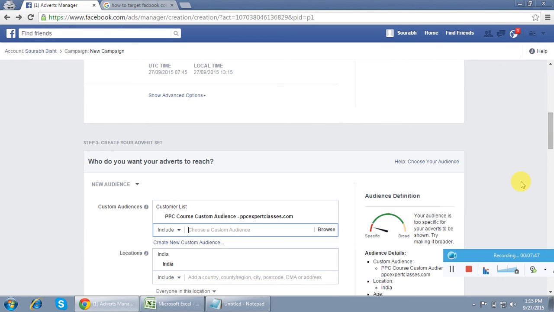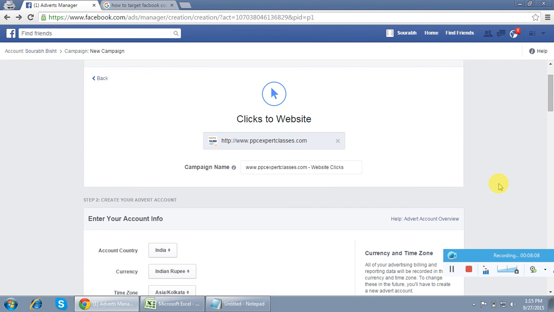So this is the way through which you can create a custom list, and you can target only those customers which you want to target by using email ID, by using phone number, or by using their advertiser ID. Whatever data agencies or companies provide you, target accordingly and see the response. You can test it. If you get a response, run it. If you do not get one, then use the normal settings which you are running.